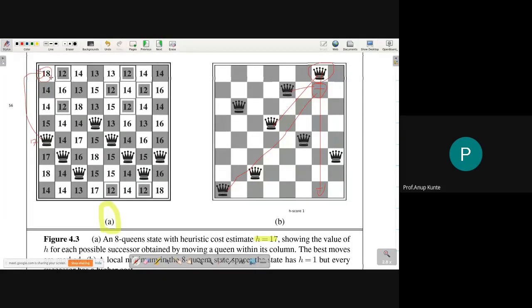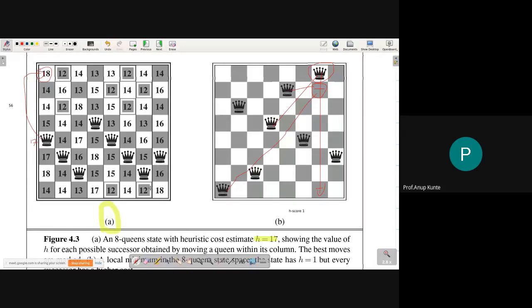What the numbers here in the figure tell you is that if I move this column 1 queen from row number 5 to row number 1, what would be the heuristic value for the newly generated state, and it is 18. Now these double-sided squares which all have value 12 are the next successor states which have the minimum h value compared to all the other siblings at that level.